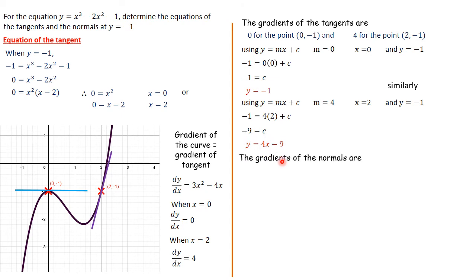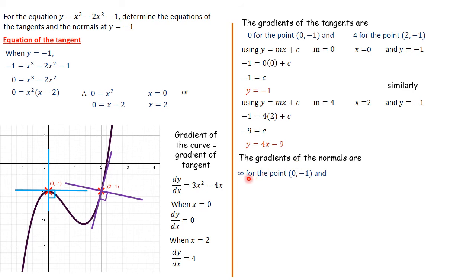Now, they are as follows. First of all, the gradients of the normals. The normal is a line perpendicular to this tangent here. The normal is perpendicular to that at a particular point. We also have another one that is dropping there. I hope you can see it. This line here is perpendicular to this one, and therefore those are normals to the curve at those particular points. So the gradients of the normals are,